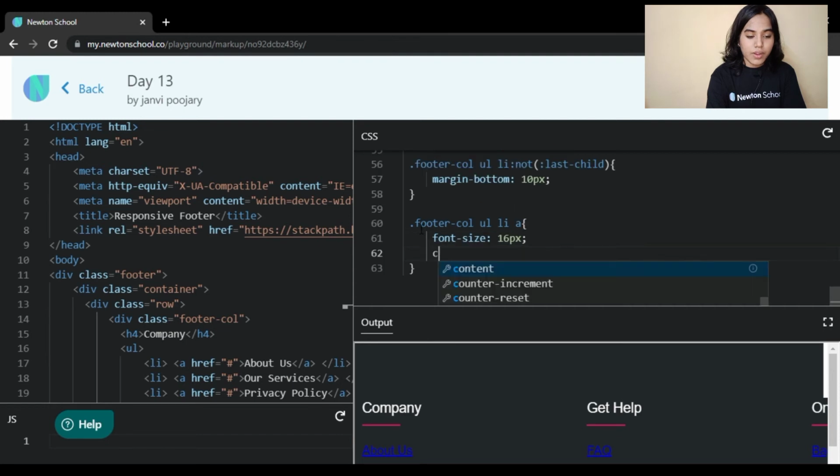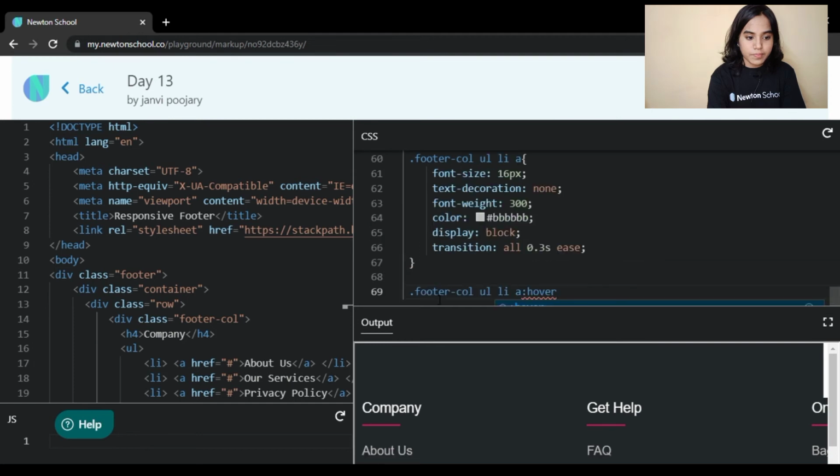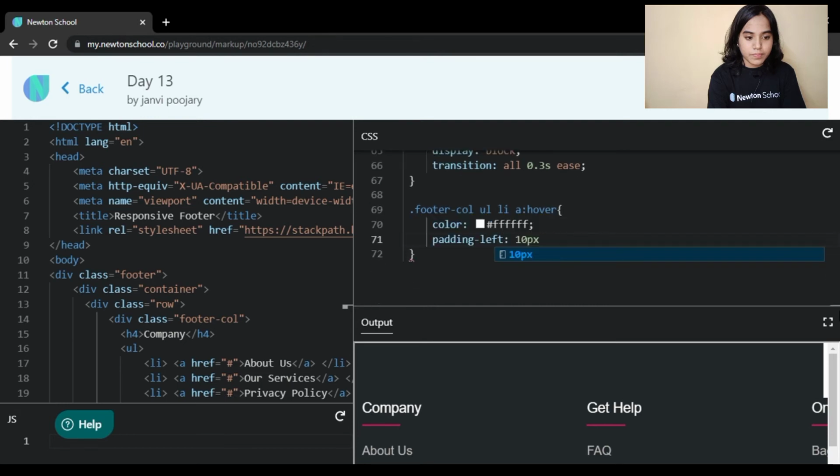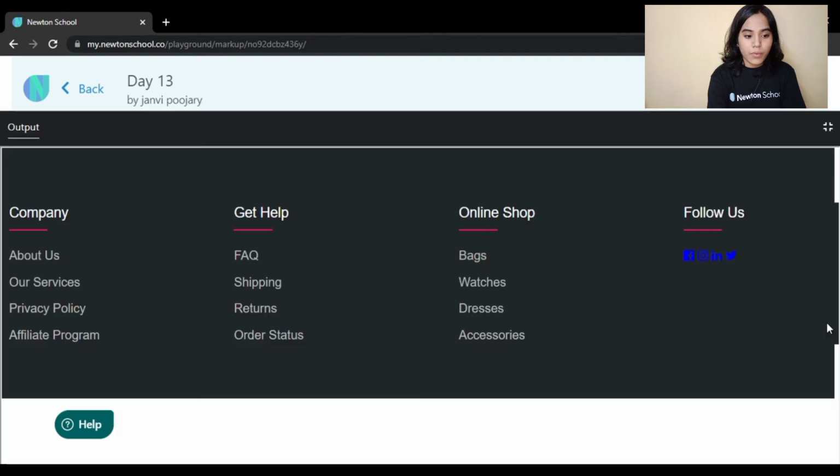Now I will target the rest of them. Whenever somebody hovers on it, its color should be white and the padding should be left, so when somebody hovers on it, it goes to the left side.